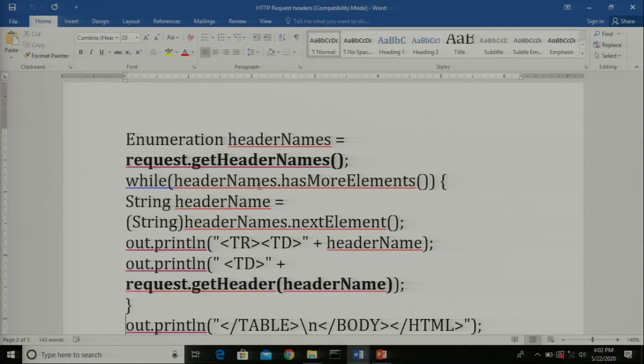So there is no need to call getHeader for the character set, getHeader for the user agent, or for the accept character set every time. Instead, using the enumeration, I am accessing all the headers of that particular request. Let us go through the output, what it is returning.